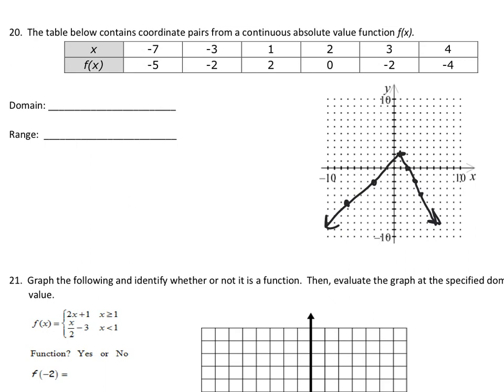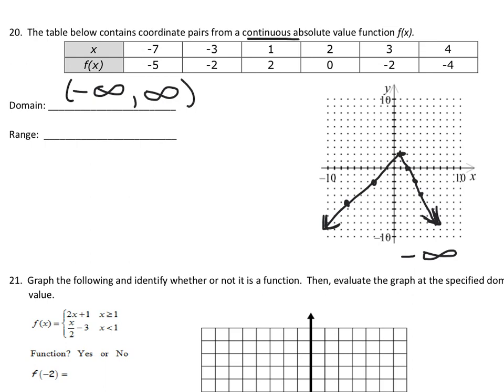Okay, so I've graphed these points, and since this is a continuous absolute value function, I have connected all the points with lines, and I have put arrows here at the ends. So this means that this graph is going to -infinity, and that's real important when we're trying to determine the domain and range. So the domain for this particular problem is going to be -infinity to +infinity, or all real